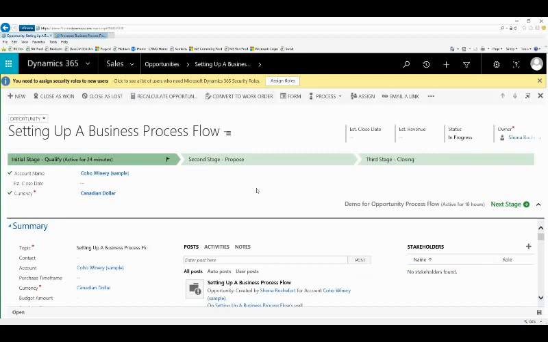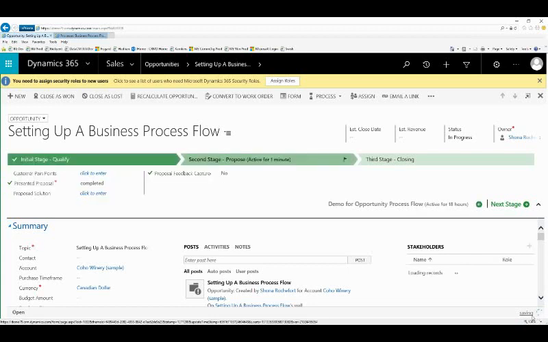And what I'm going to do now is I'm going to move to the next stage. So basically, this will then kick in the workflow. So you can see that at the moment, I'm the owner. I'm going to move on to the next stage. Sorry, I think this was just saving as it went here. You can see in the bottom right-hand corner. And we've moved on to the next stage, and you can see that Angelina is now the owner of this